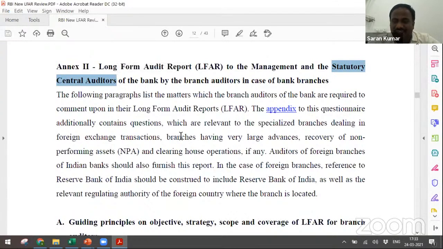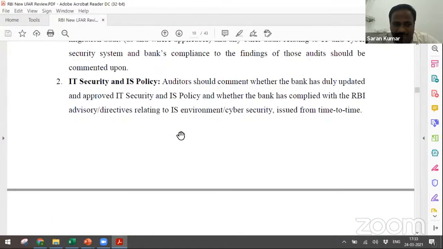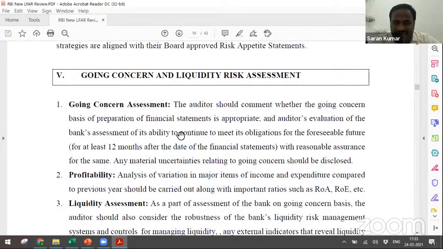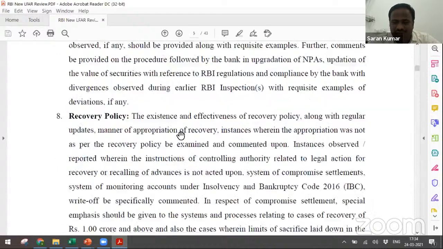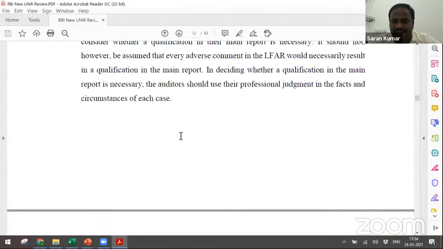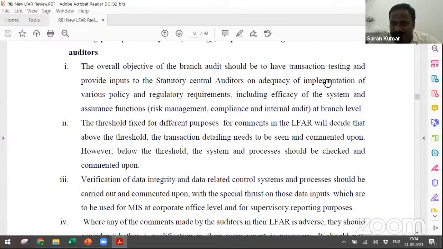To know that, you need to understand the scope of the central statutory auditors. They are not expected to go into the account wise. These are all things RBI started telling what they need to give. So let me tell you, it's more of internal control related and other information with respect to the central statutory auditors.